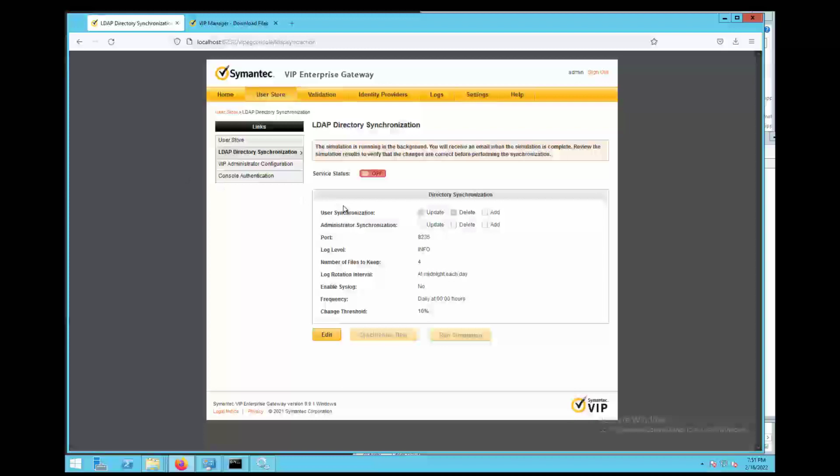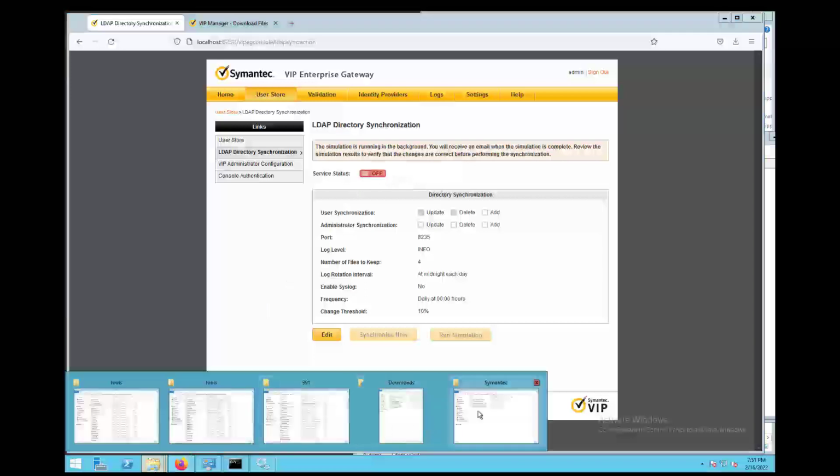If you notice with this version of the Enterprise Gateway, when we attempt to start the LDAP synchronization service, it forces us to do a simulation. And the reason that happens is because it wants you to see any changes that will be made when that LDAP synchronization occurs once you enable that. And that can be found